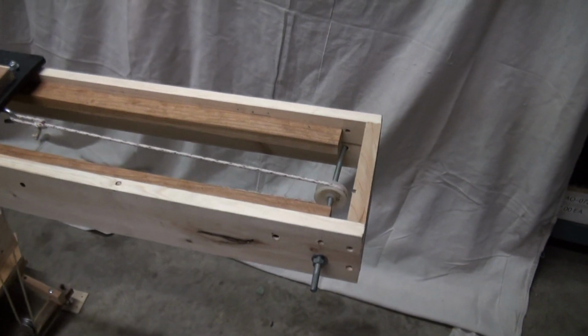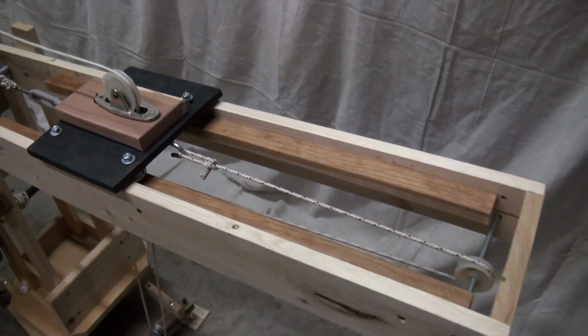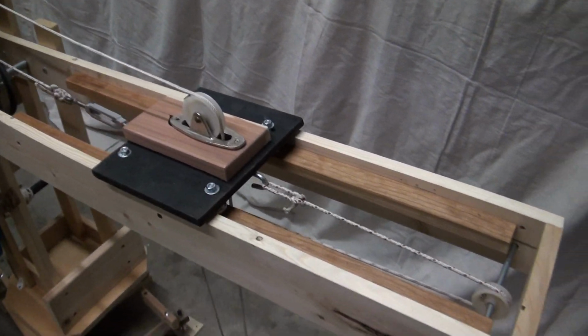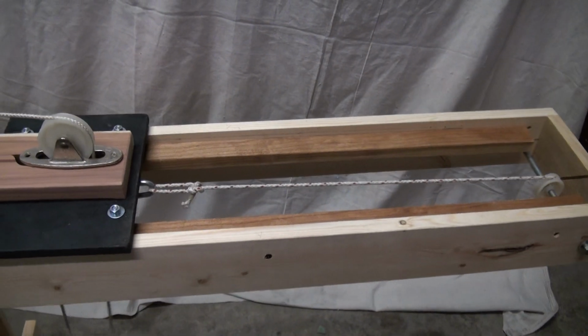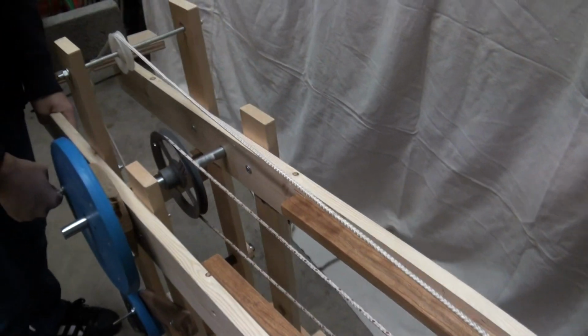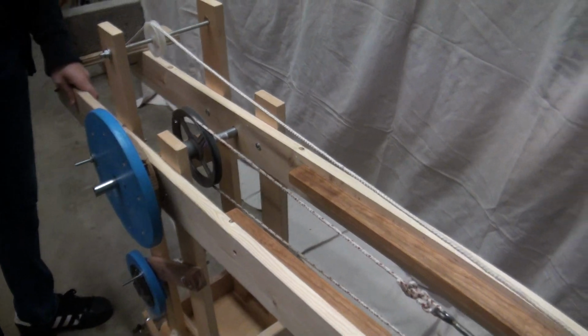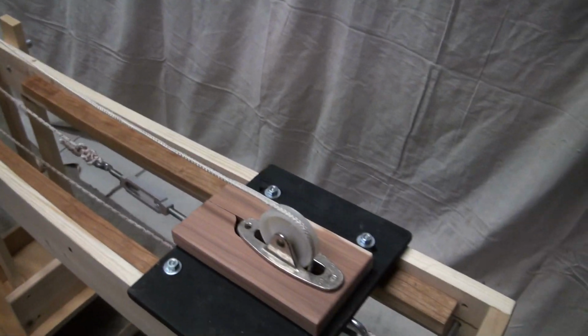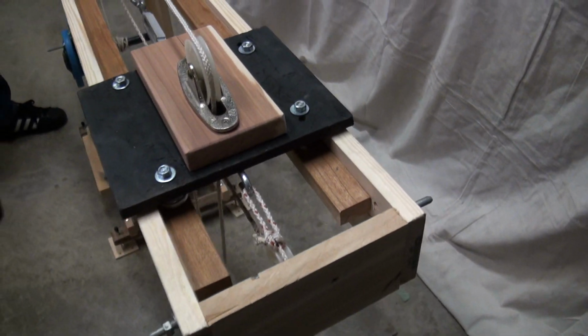So the line goes around the pulley there. Keep going. Attaches to the underside of the trolley on both sides, and goes around another wheel, which is connected to a windlass. Okay. And it's got load